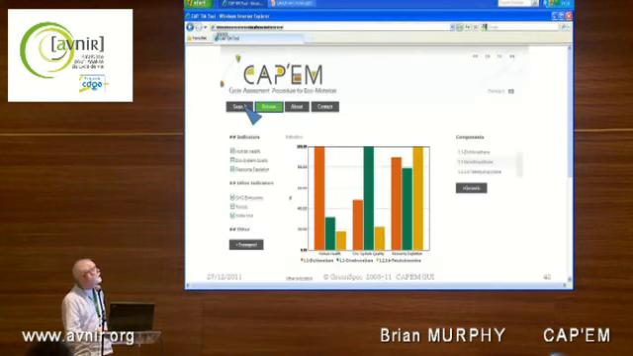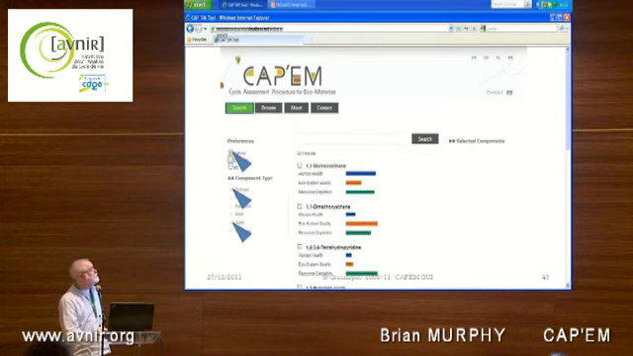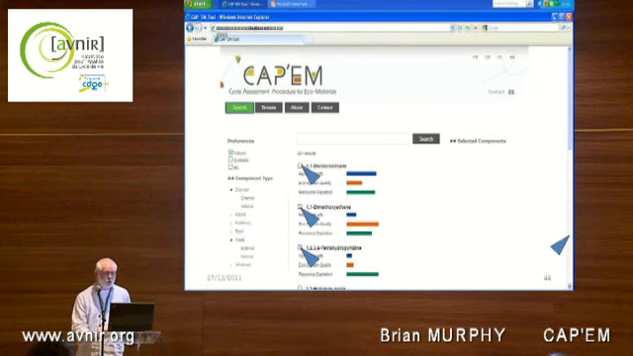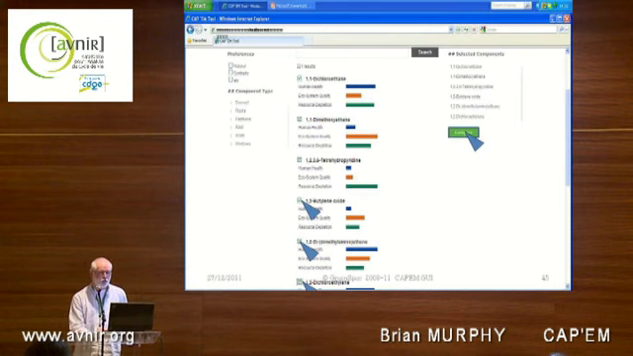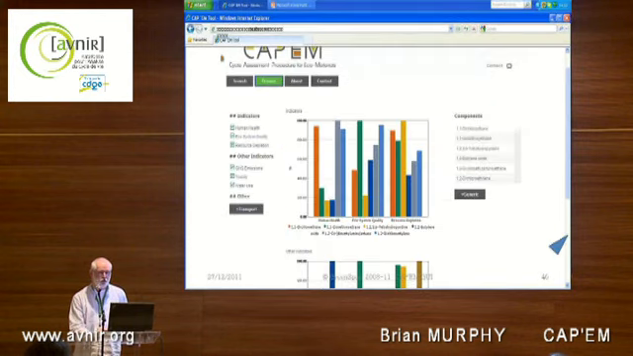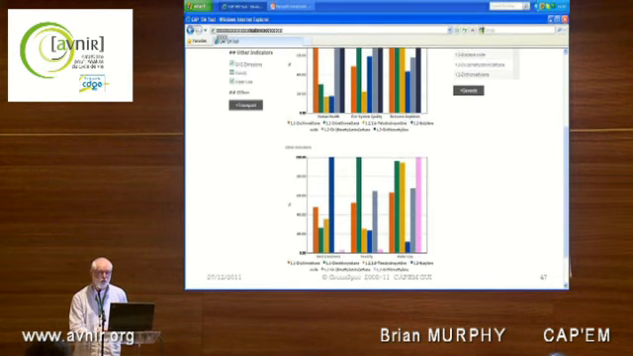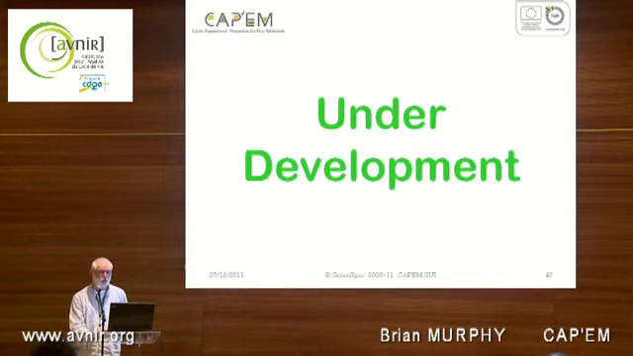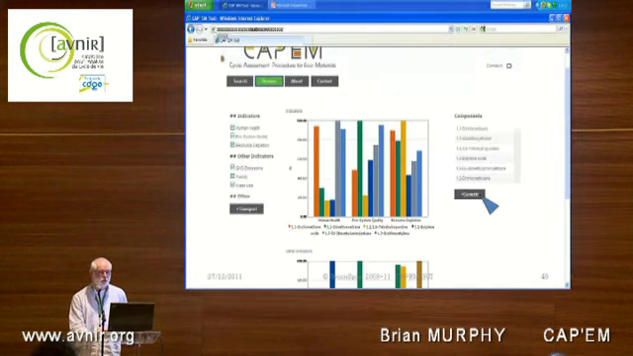Now, there's ways of actually refining your searches so that you can start to look for specific components, specific parts of building types, and then make a more refined search, make a more refined comparison, and you can compare a considerable number of products all at the same time on screen to choose. So some of the things that are under development,